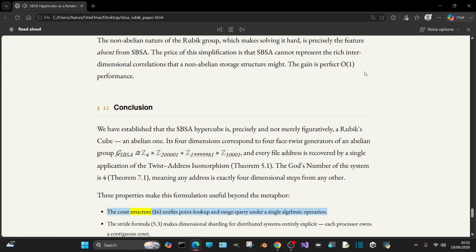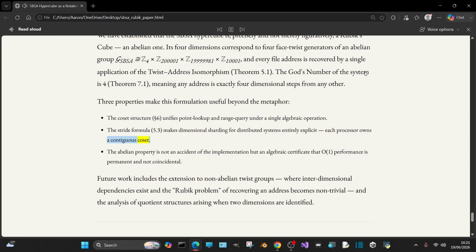The coset structure, section 6, unifies point lookup and range query under a single algebraic operation. The stride formula, 5.3, makes dimensional sharding for distributed systems entirely explicit. Each processor owns a contiguous coset. The abelian property is not an accident of the implementation, but an algebraic certificate that O(1) performance is permanent and